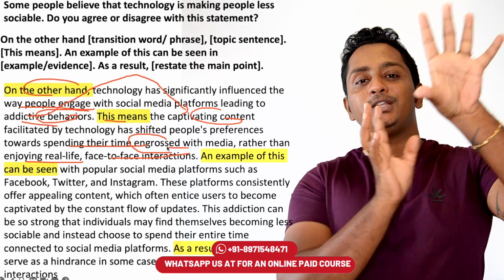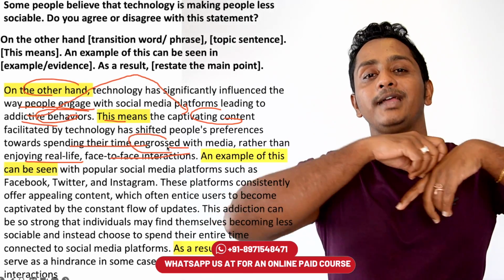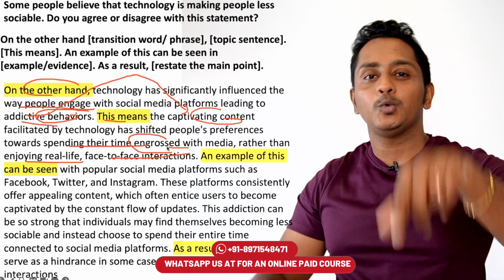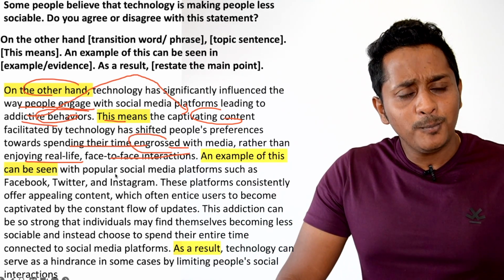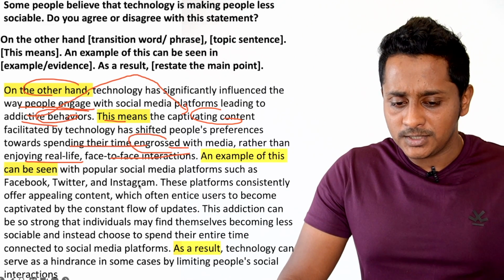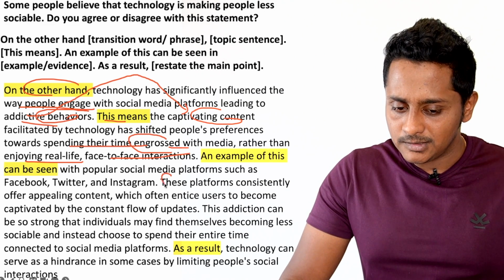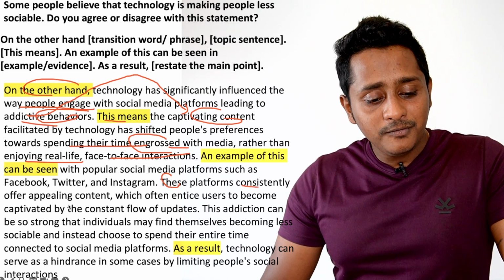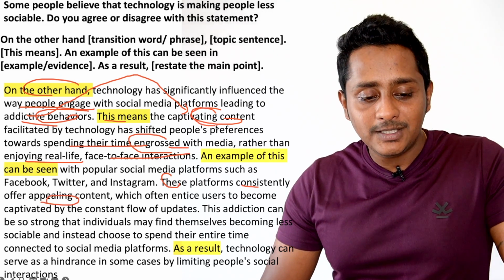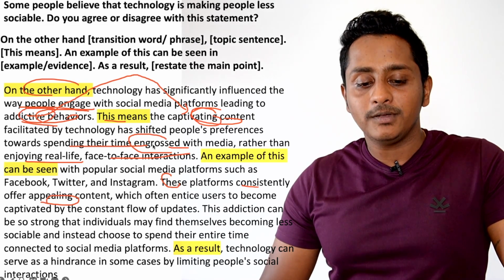Means the first 2 lines, whatever you wrote, the third line, the example should be in line with the first 2 thoughts. An example of this can be seen with popular social media platforms such as Facebook, Twitter, and Instagram. These platforms, so this is improving my coherence and cohesion, consistently offer appealing content, captivating content, addicted behavior, engrossed with